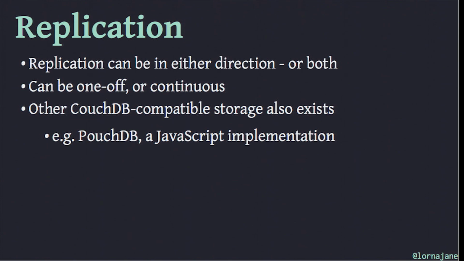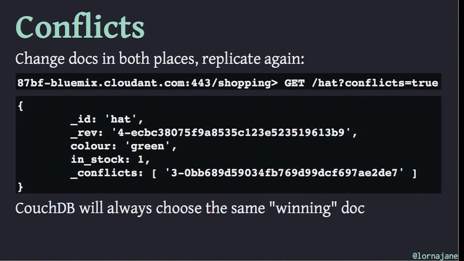I made the grand claim that you could edit records and then replicate in both directions when both have changed. How would that work? Well, it's a conflict. Unlike a Git conflict, where Git will stop dead until it gets some adult intervention and some help to move on, CouchDB does exactly the opposite. It looks at two different versions of the same record and makes a decision about which of those is the right version. So if you've got two servers and the connection between them is broken, let's say we drill through the transatlantic cable and I connect to the databases on both sides and change the same record,